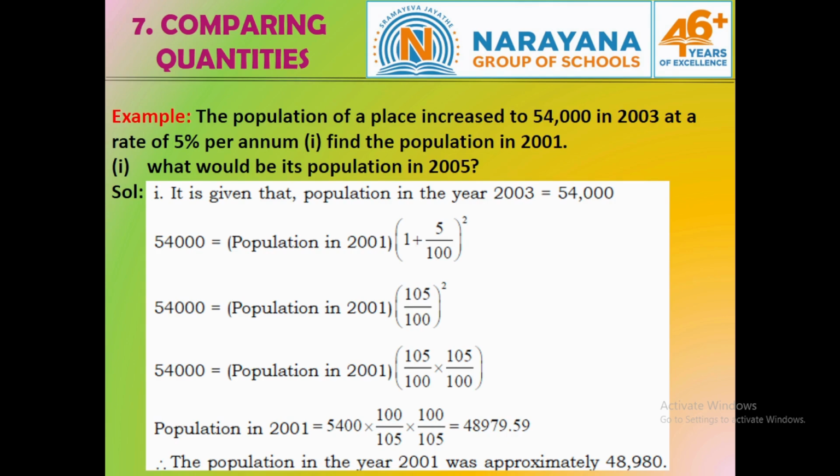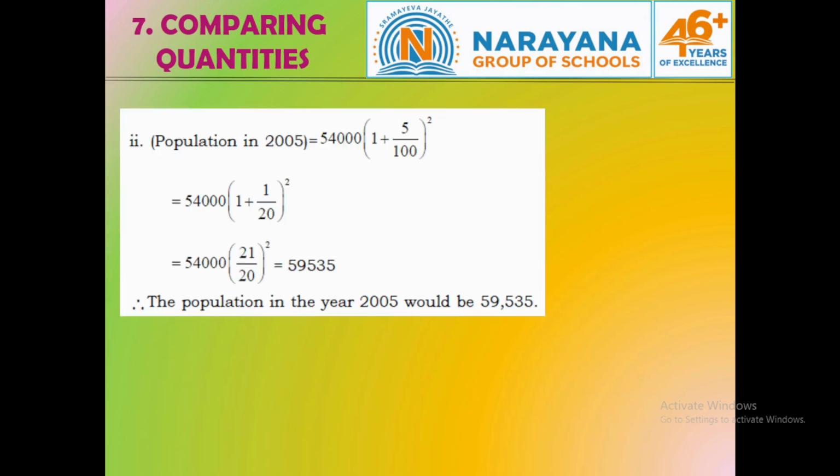Similarly, what would be the population in 2005? 2005 means it is after 2 years of 2003. Now P becomes 54,000, R becomes 5 and N becomes 2. By substituting the values in the formula, we'll get the population after 2 years, that is in 2005, is